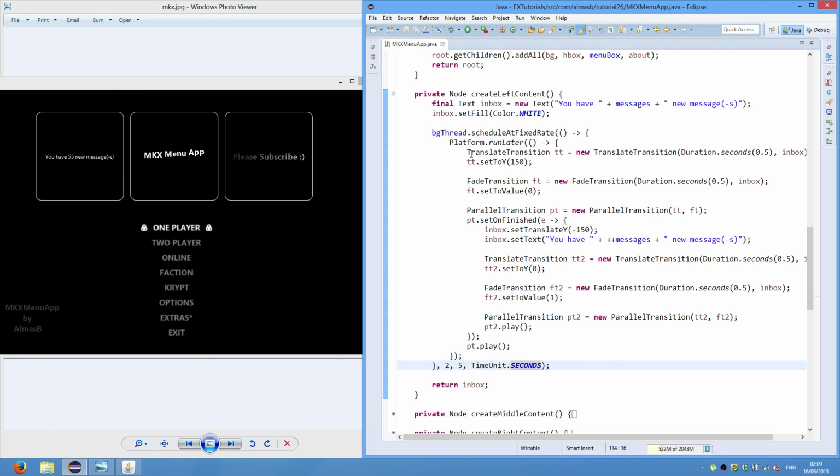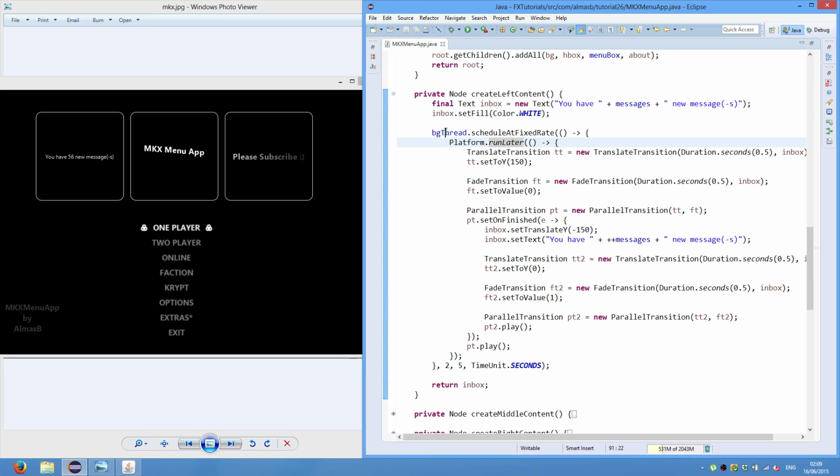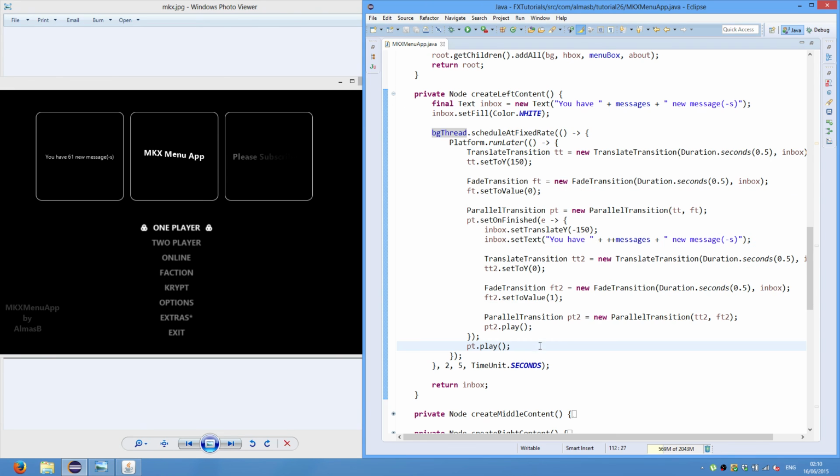It is important to run this code in Platform.runLater, because this is a background thread and is not the JavaFX UI thread, but all this stuff can only be executed on the JavaFX application thread, so the UI thread. So this has to be called before, which means that all of that will be executed on the JavaFX thread, because all UI changes must be synchronized with the thread and have to be done on the JavaFX UI thread. So yeah,